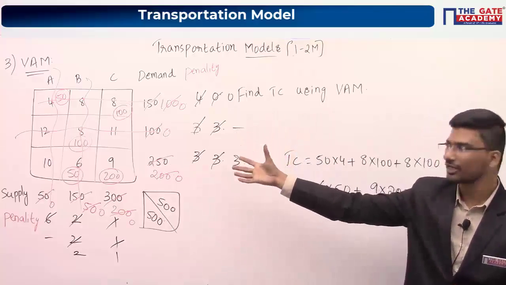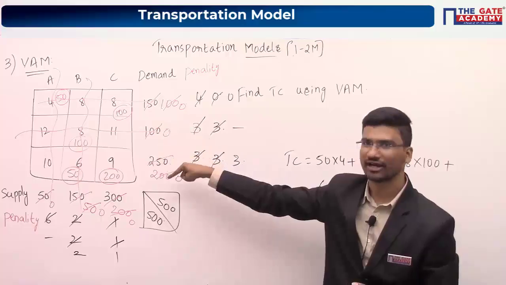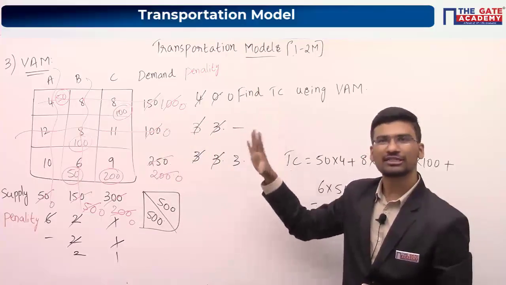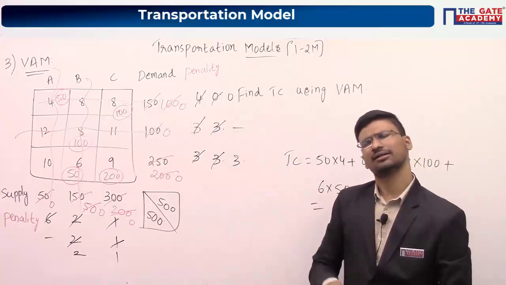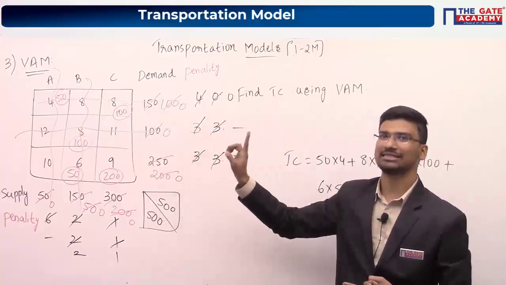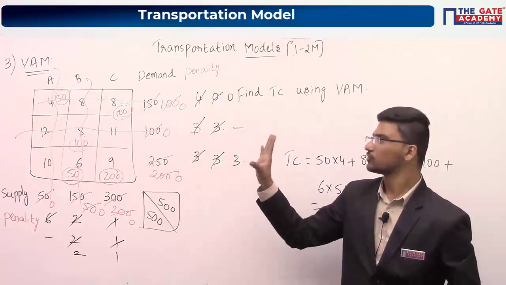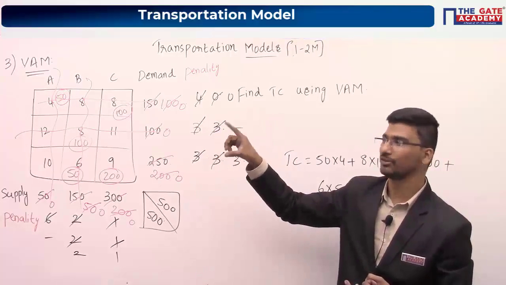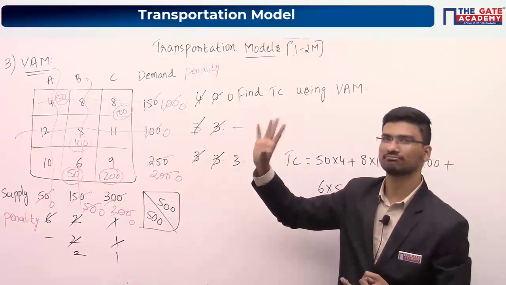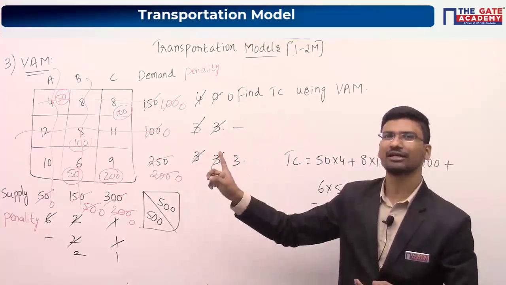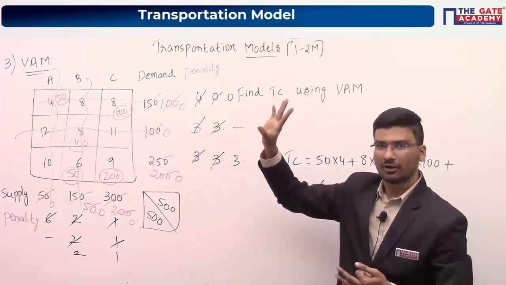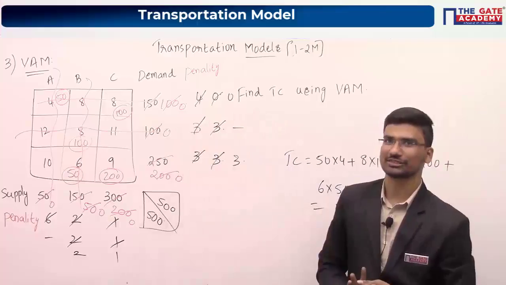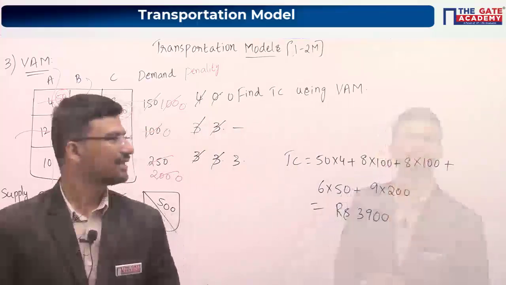As of now we just found some initial basic feasible solutions. See, you just count the number of allocations: 1, 2, 3, 4, 5. So what is m plus n minus 1? Again it is 5. Whenever you are using NW method, LCM method or VAM method, definitely you will get m plus n minus 1 allocations. If a solution is not having m plus n minus 1 allocations, you cannot use MODI method and you cannot find the optimal solution. To apply MODI method on a given solution, it should contain m plus n minus 1 allocations. So I hope it is clear. Any doubts regarding this?